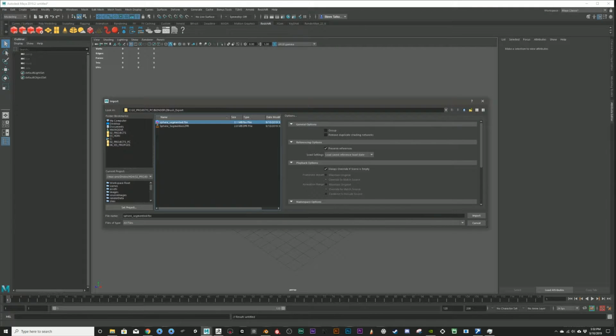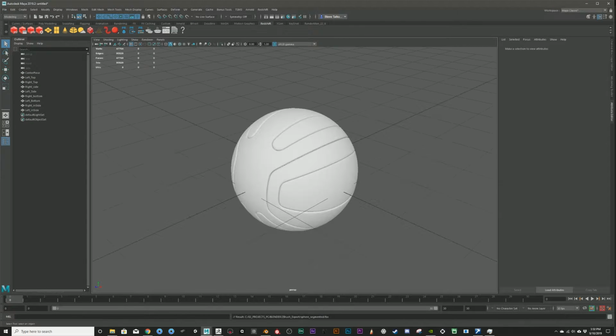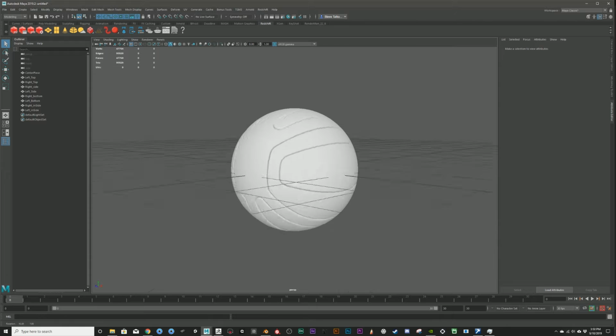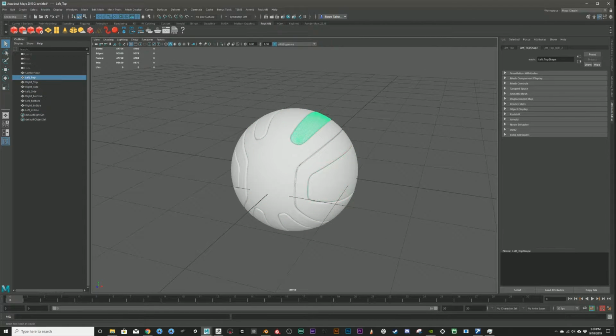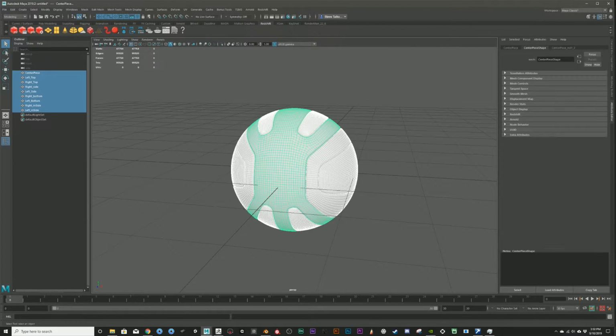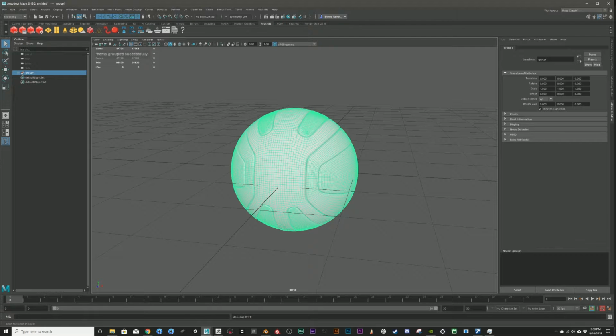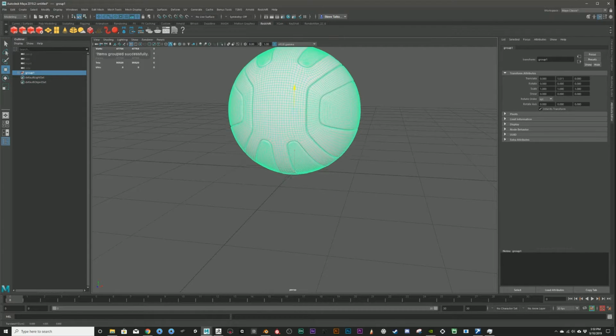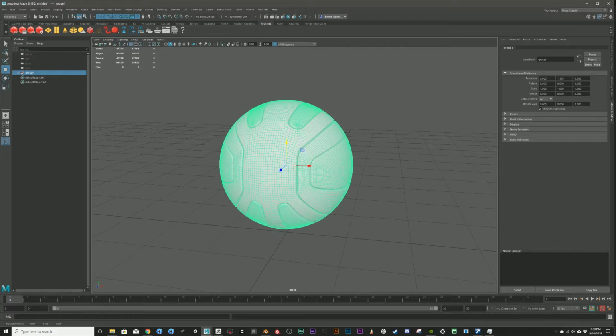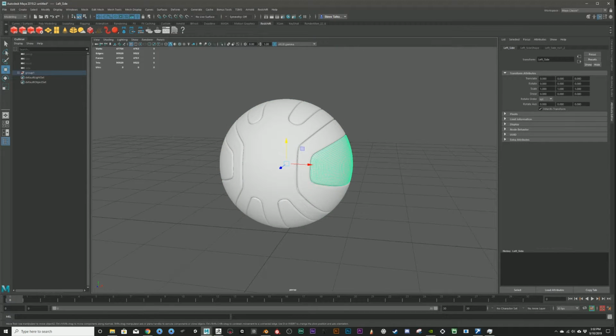We'll grab that. Hit the A key to frame all there, and you'll notice all these pieces are separate. Great. Let's just drag, select everything, Control G, and now I have a hierarchy, and I can move that around pretty easily. And say, for instance, I want to make this piece separate to animate. I'll go ahead and Control G one more time to create another hierarchy,